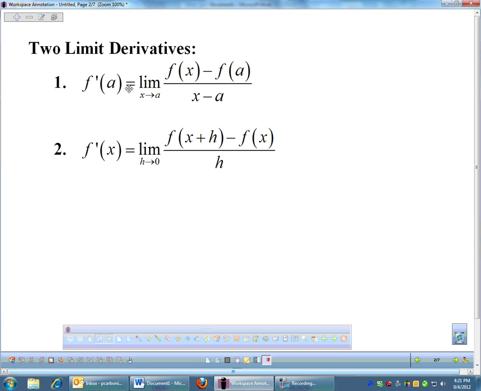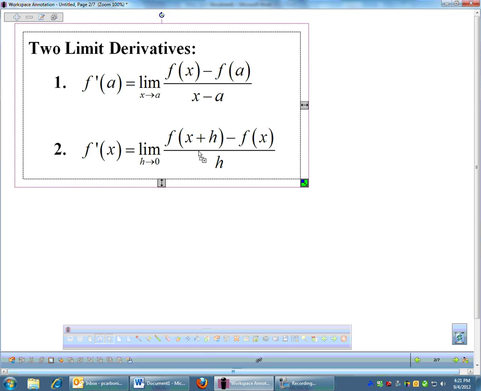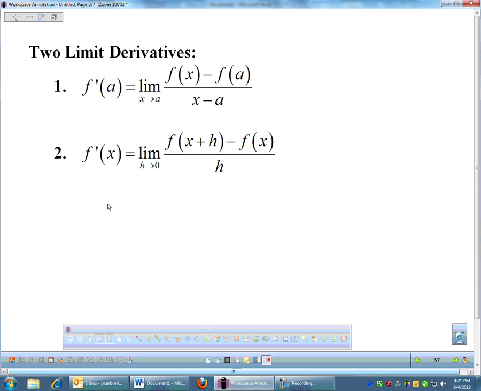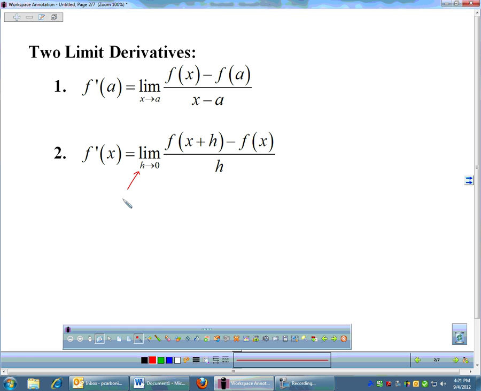This is the first one. This is my preferred way when I'm finding the derivative, and that is this top one. This one right here, the bottom one, is used more frequently. In our book, if we're doing problems in our book, a lot of times instead of h, you will see delta x,